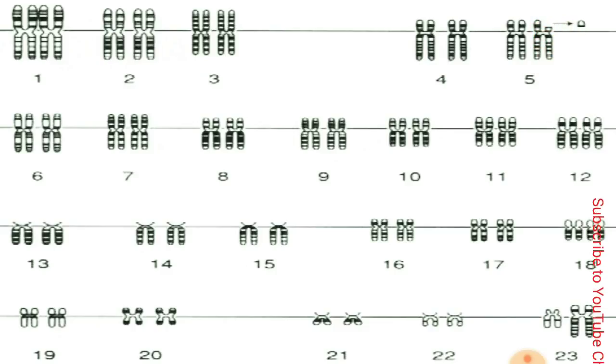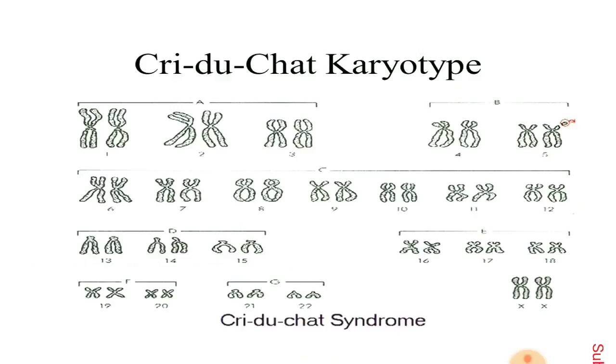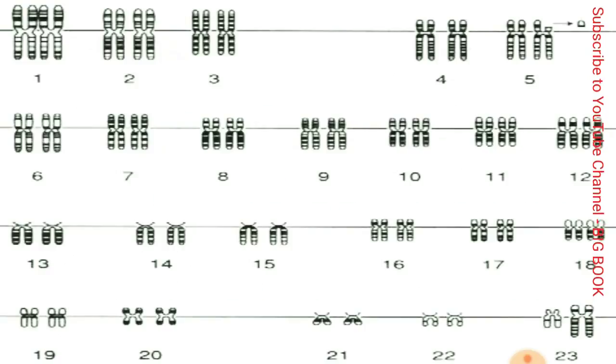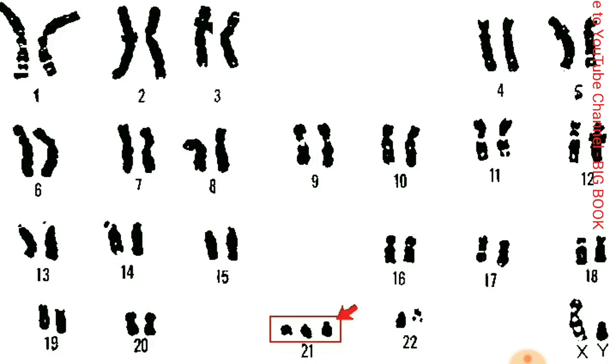So here it is 46 XY. So here it is the XY, X and Y chromosome, 5P minus. So here this is the 5p minus. So this is again the Karyotype syndrome. Here you can see. So this is some brief discussion about the